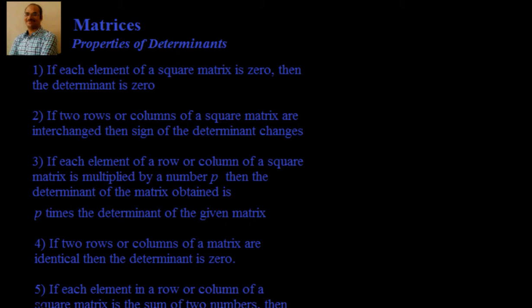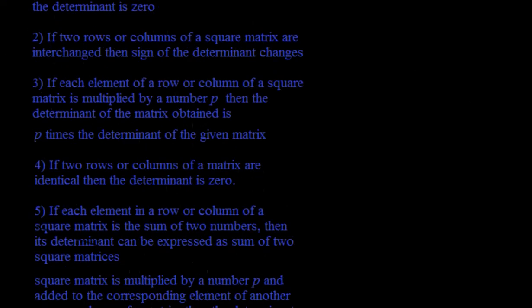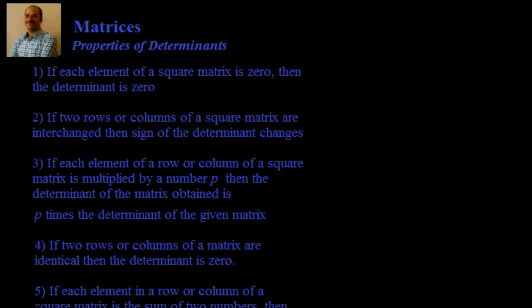So let's look at some of these properties of determinants, then we will go ahead with solving problems on determinants. I have summarized around 10 properties. We'll go through them one after the other and try to understand what exactly the property means, so that when we read somewhere that this property is being applied, we are very clear about what's happening in the background. Right, so with that we'll start.